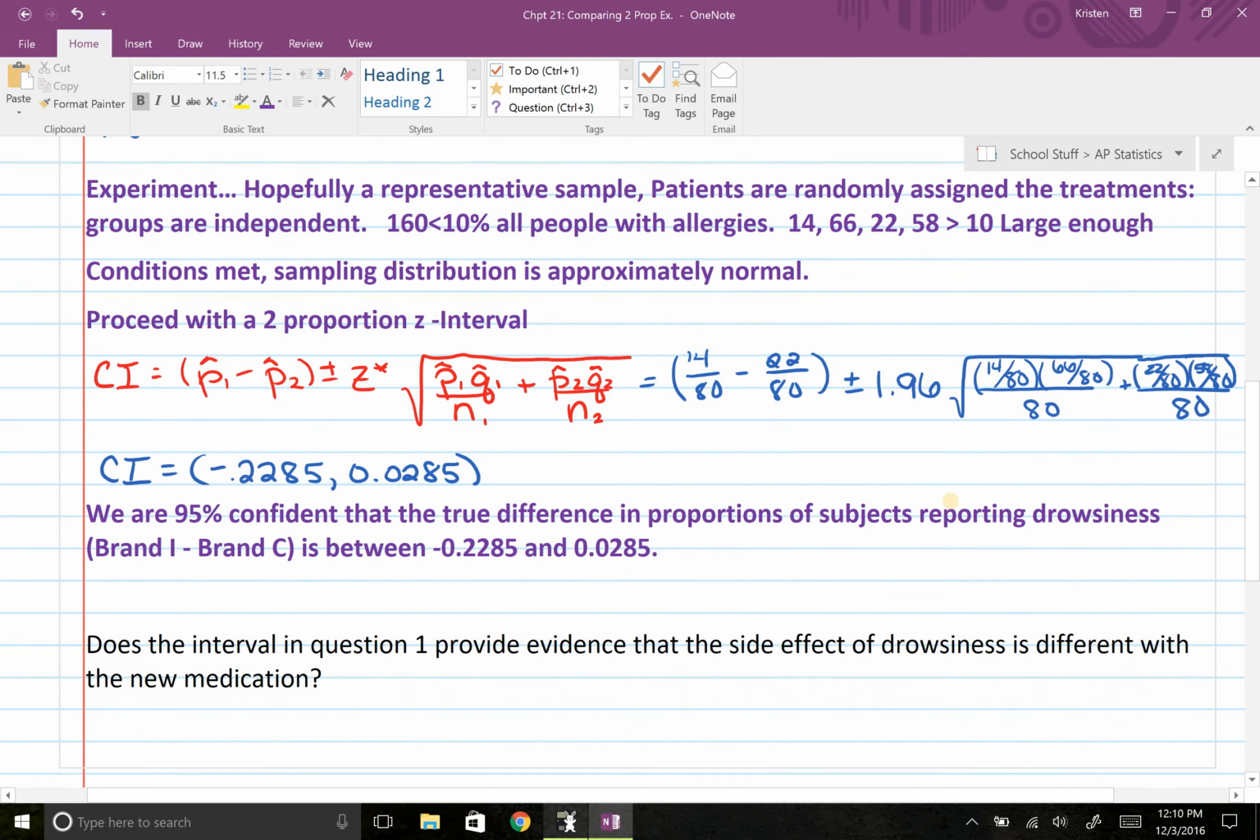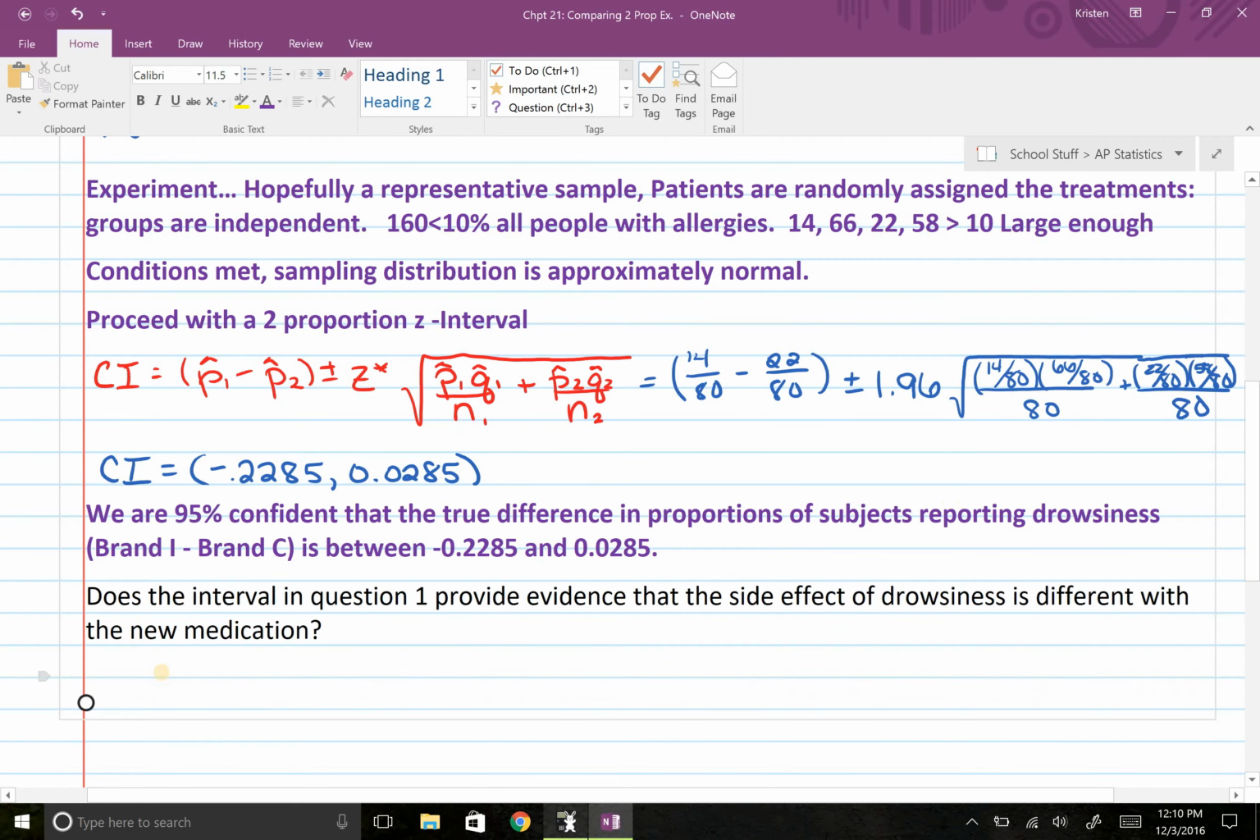So now I get to interpret what this means. We're asking here, does the interval in question 1 provide evidence that the side effect of drowsiness is different with the new medication? Remember, the sign of the numbers indicates which one was initially bigger. So considering the fact that my confidence interval starts with a negative number, that tells me that brand C initially had a higher proportion of subjects reporting drowsiness. Now the second number is positive, which indicates that brand I had a higher proportion of subjects reporting drowsiness. And so what that means is because 0 is in the interval,